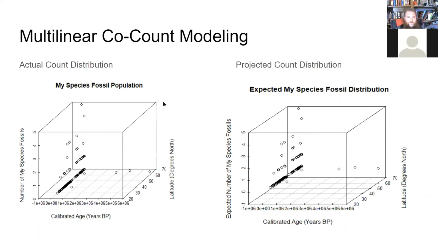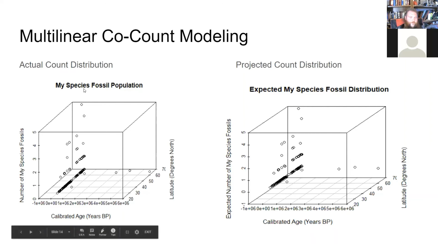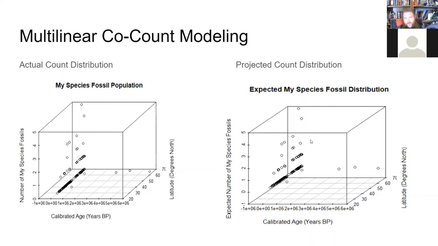And you can see here, this is the observed instances of my species, and this is the projected instances of my species. And so you can see that these are nearly identical, which suggests that we're finding my species everywhere we would expect to find my species.